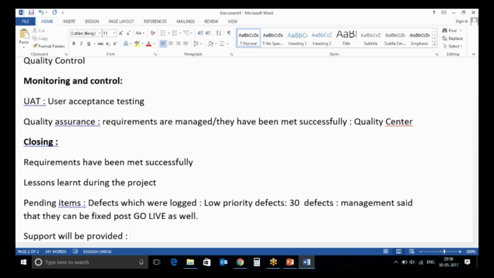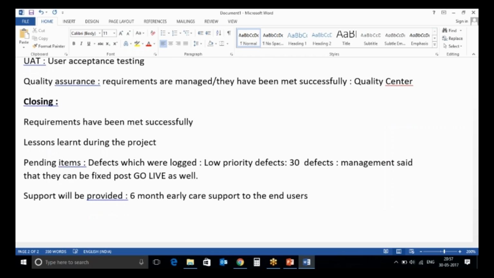Let's say the company says that we are just going to provide 6-month early care support to the end users. So everything needs to be closed in the closing phase only,